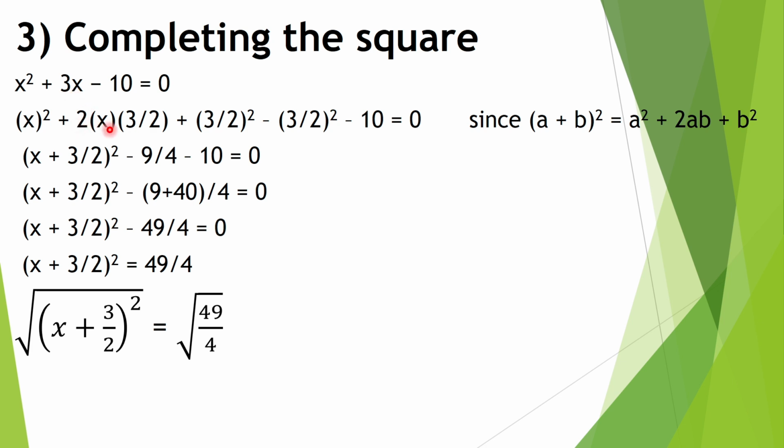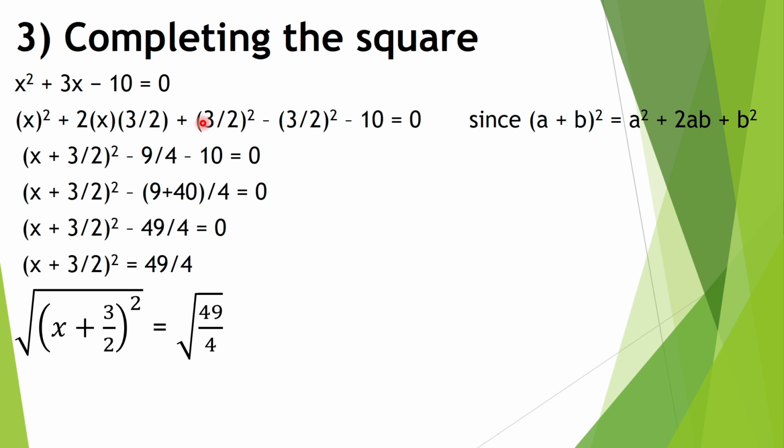So if we multiply all these, it will become 3x. So be careful in putting this value. If you put this value correctly, you can solve the quadratic equation by completing the square. So this is your b, and plus b squared. What is b? Look over here, b is equal to 3 divided by 2, whole squared, minus this value. So from where this comes over here, 3 divided by 2 whole squared.